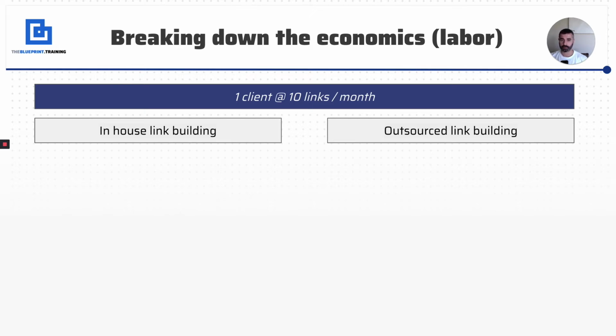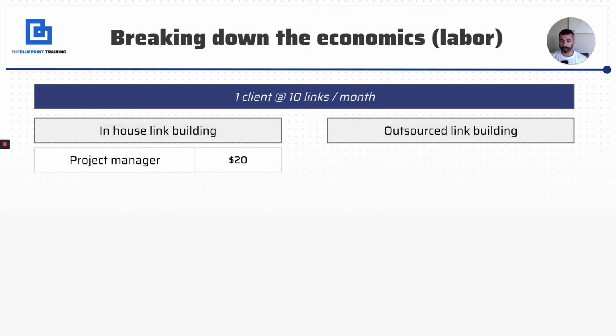So let's start with in-house. You're going to need a project manager. Keep in mind that these hourly rates are not exact. These are just averages, based on what I've seen. They're probably going to be different for you. But I'm using them for illustration purposes, and I'm keeping them the same throughout so you can understand it. You can easily make it 20, 10, or 40, whatever, depending on where you are locally.